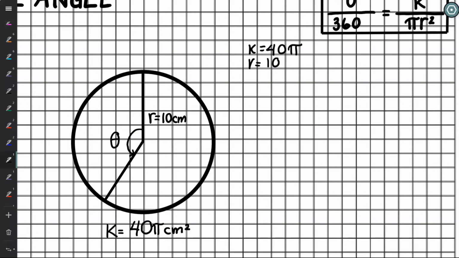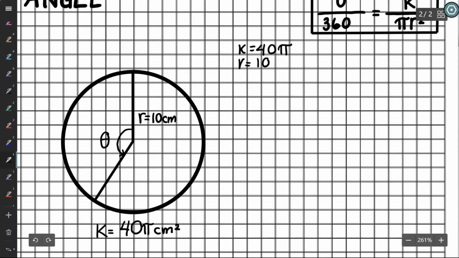Don't know what theta is, so I'm going to leave that as theta over 360 equals 40 pi over pi 10 squared. We're going to simplify that denominator, so I'm going to have 40 pi over 100 pi